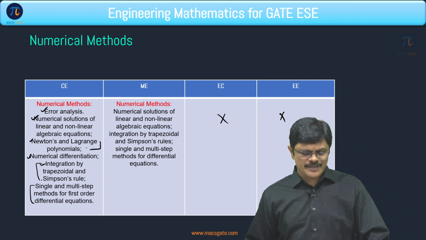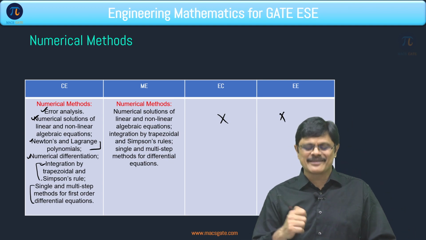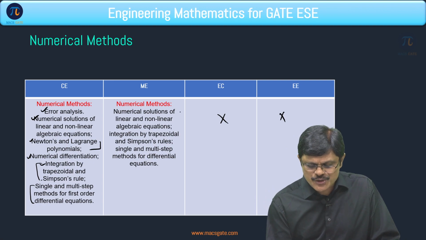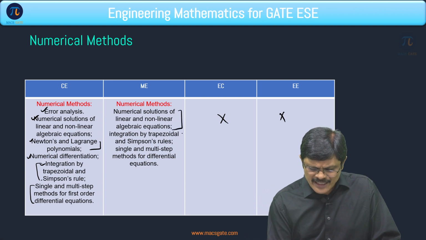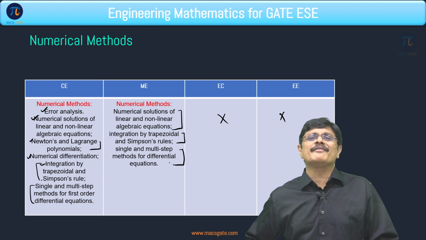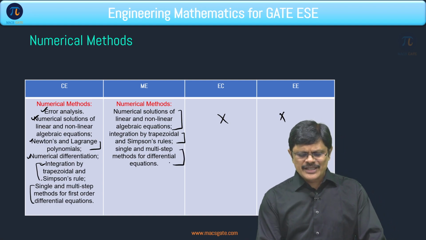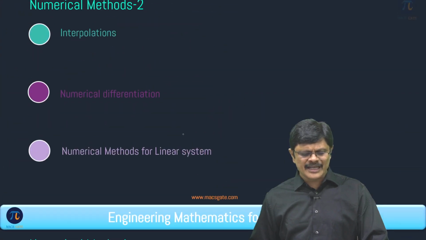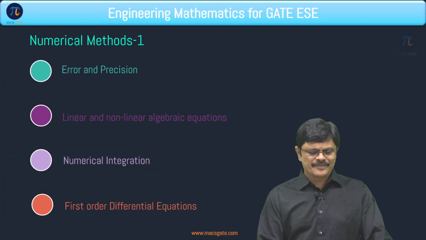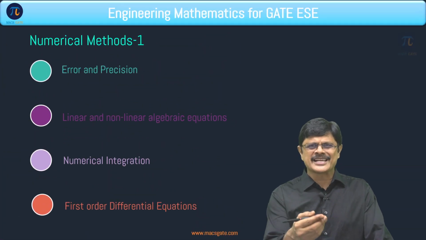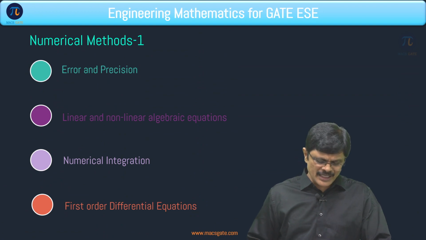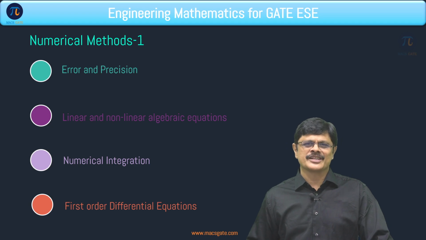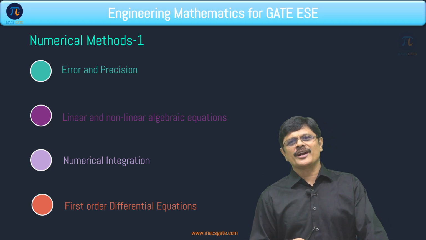So, these are the topics. You can find more topics for civil engineering students, whereas for mechanical students we have numerical solutions to solve algebraic equations, numerical integration and numerical methods for solving first order differential equations. So, these 3 topics I take under numerical methods 1, like error and precision, that is error analysis, linear and non-linear algebraic equations, numerical integration and first order differential equations, that is methods to solve first order differential equations